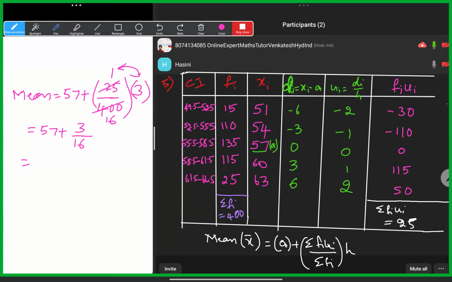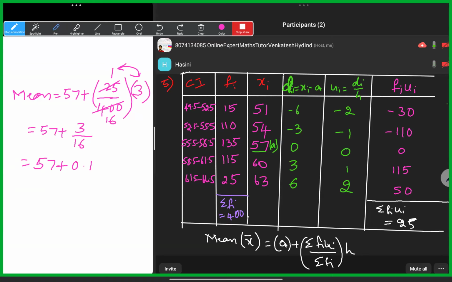So 3 divided by 16, you will get 57 plus 0.16